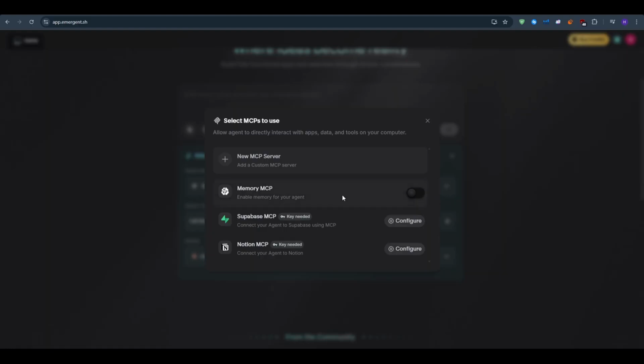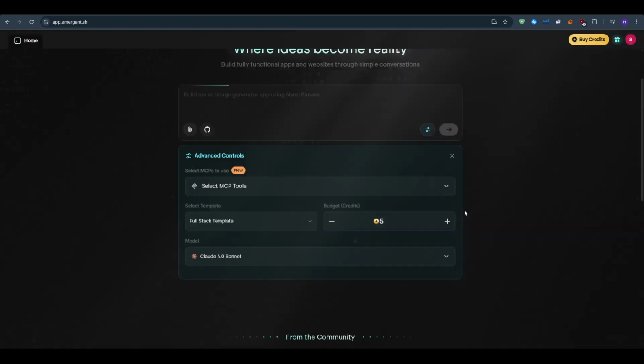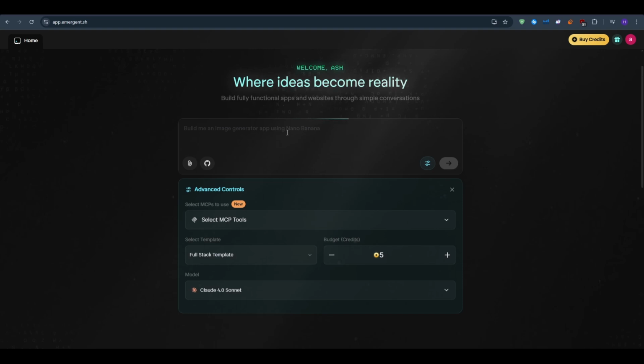Again, credits will work like fuel. Each big action will use a fraction of a credit. As of right now, plans are pretty reasonable, but if you want to get started with a free allowance to test,